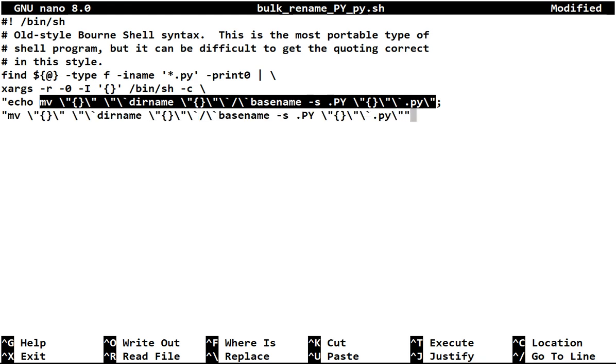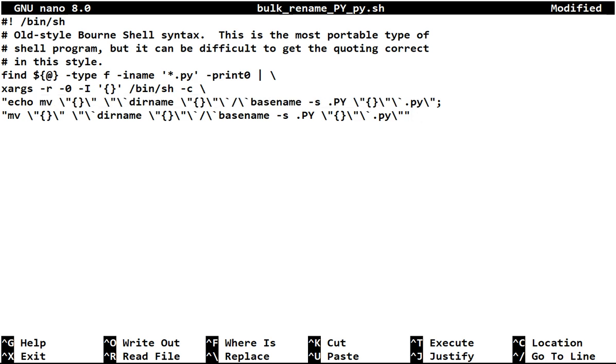The semicolon marks a new line. So it allows you to put more than one command on the same line of shell. And I should show you that before we run this script. But you can see what we're trying to do. We're going to run a shell and it's going to do 2 lines. It's going to echo what it's going to do, and then it's going to actually do the move. And this is all one very long line. So we need our line continuation character. Let's save it